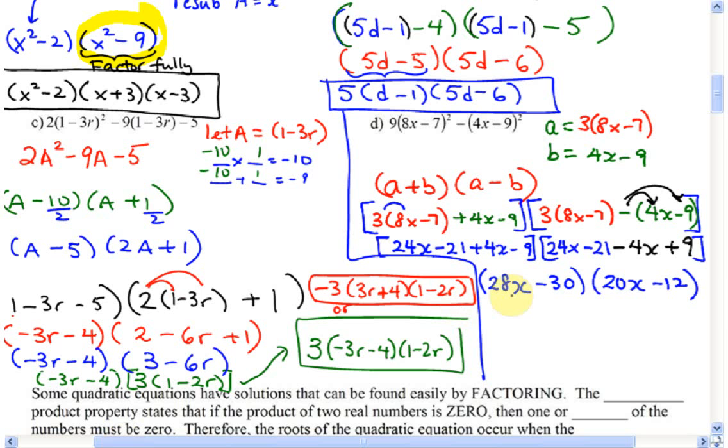Keep going, please. What can you factor out from the first bracket? 2. Nice. 14x minus 15. What can you factor out from the second bracket? 4. Nice. 5x minus 3. Leave your answer like this, and I'll be like, better, but still not done. Because you've got a 2 and the 4 here. Can't you combine those together? Yes. Now we are almost done. 8 bracket 14x minus 15